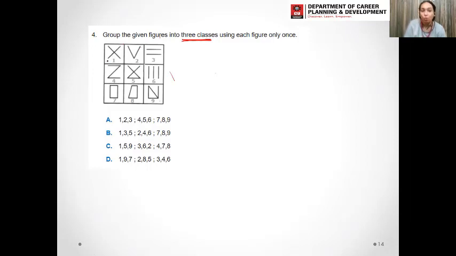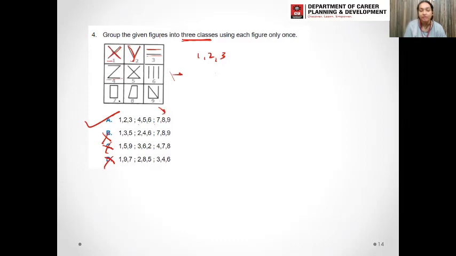So that's why 1, 2 — because it consists of 2 lines, and 2 lines are given here. 1, 2 and 3 in one group. So B, C and D are rejected. Option A is our answer. Let's check with the others if they form a group. 4, 5, 6: 3 lines, and 3 lines are given here. So 4, 5 and 6 form a group.